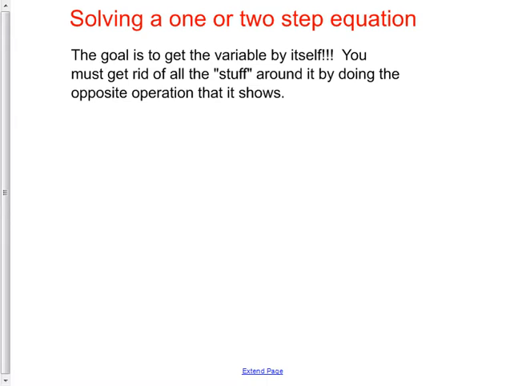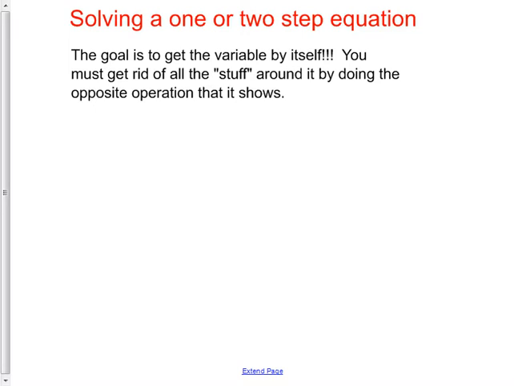We're going to take a quick look at solving one or two step equations. This is something that you spend a lot of time on in Algebra 1, but we are going to review it, make sure that we're understanding. But the whole goal any time that you're solving an equation is to get the variable by itself, well,